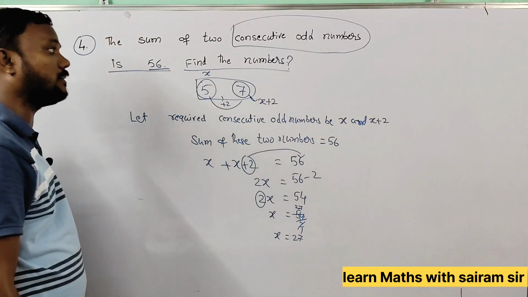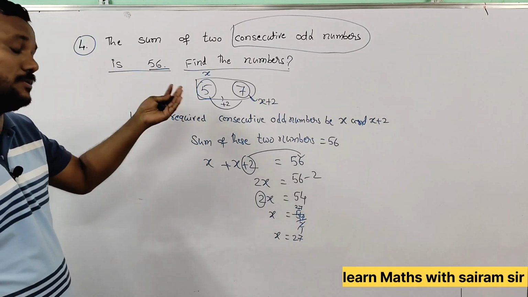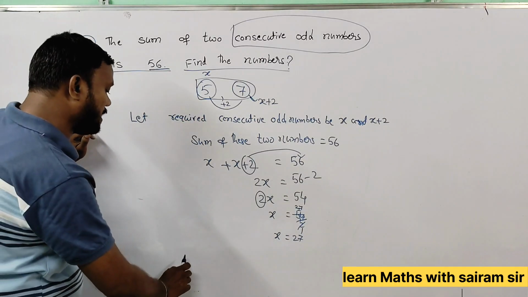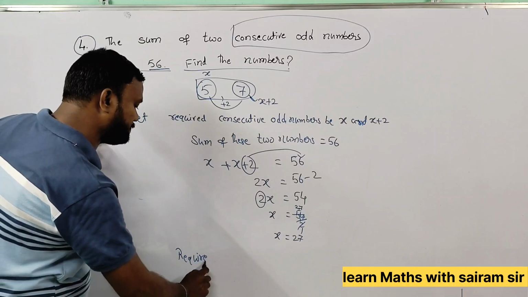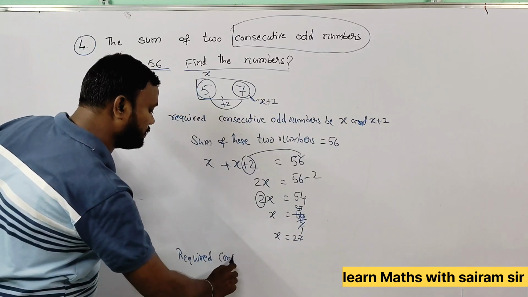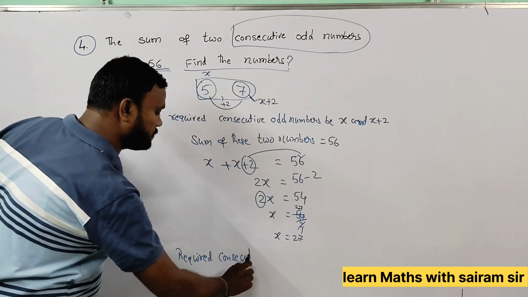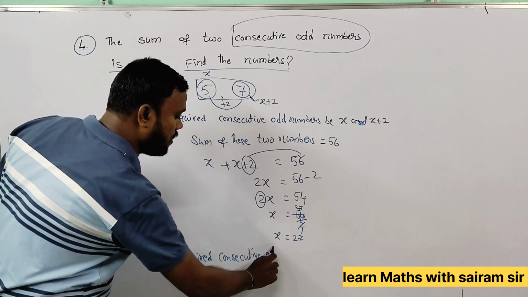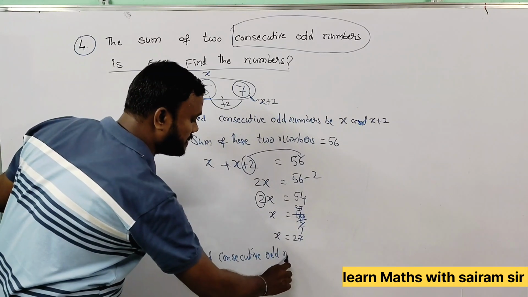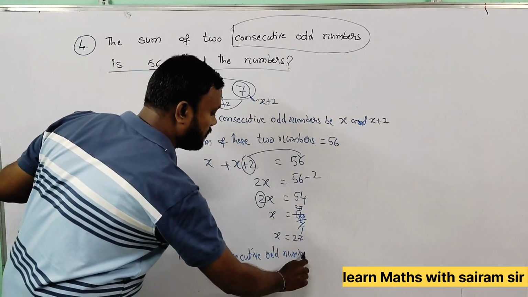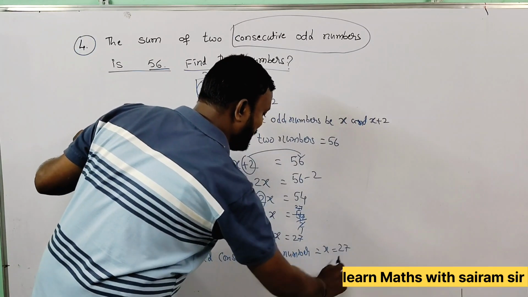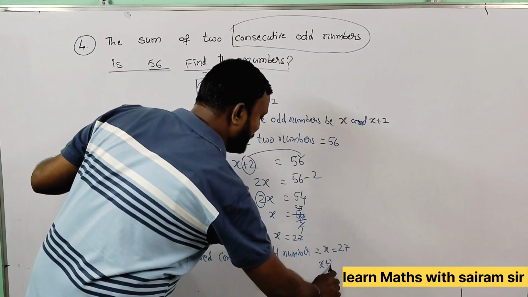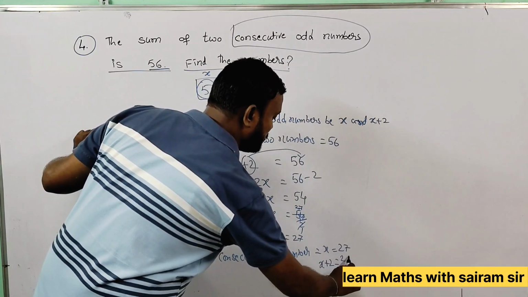But what are we asked to find out? We are asked to find out two consecutive odd numbers. So what are the required consecutive odd numbers? Therefore, the required consecutive odd numbers, what are they? They are x is equal to 27 and x plus 2, that is 27 plus 2, that is